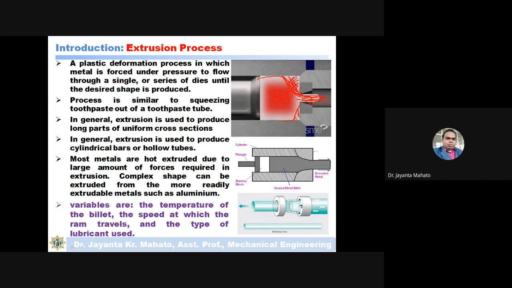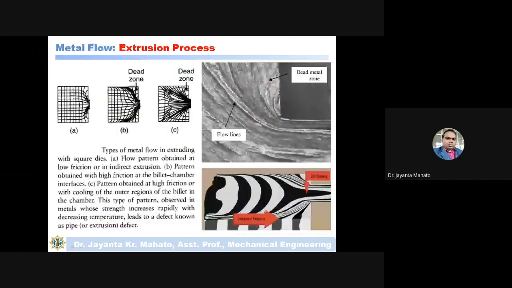The material will flow, and this plunger will completely touch here. So this is actually not recommended. This zone is called the dead zone. This zone is called the dead zone, meaning in this zone the material does not flow. Just see this view. This is a microstructural view. These are the flow lines. The material will flow like this, and in this zone the material does not flow, and this zone is called the dead zone.